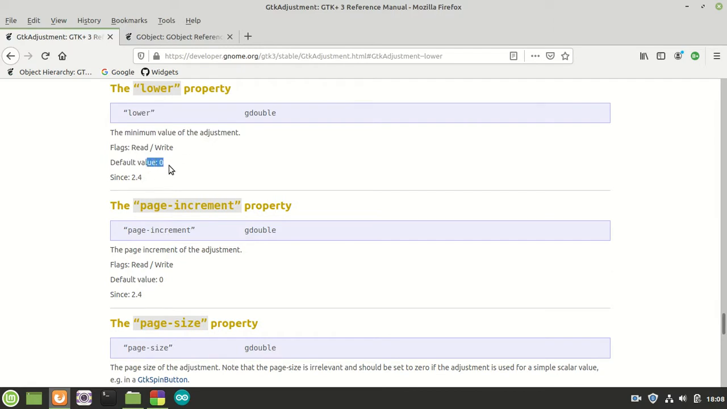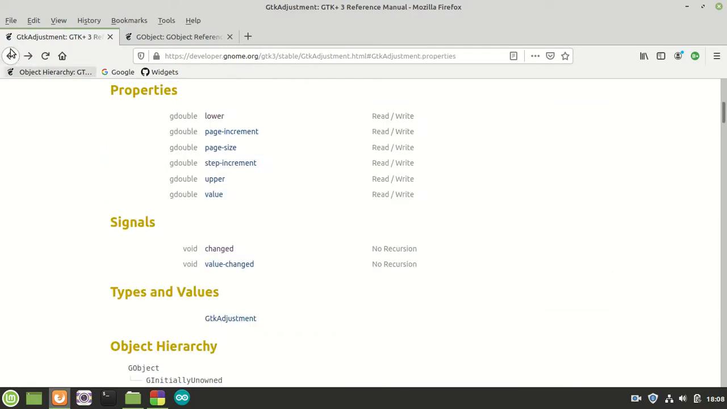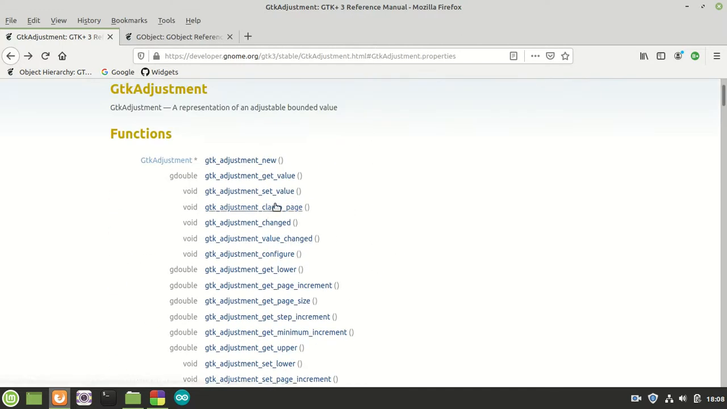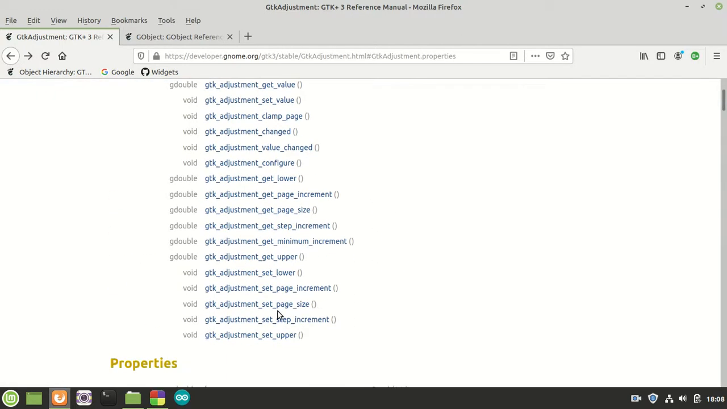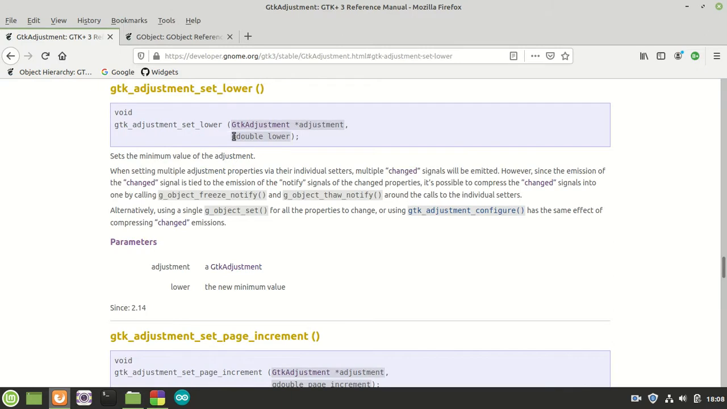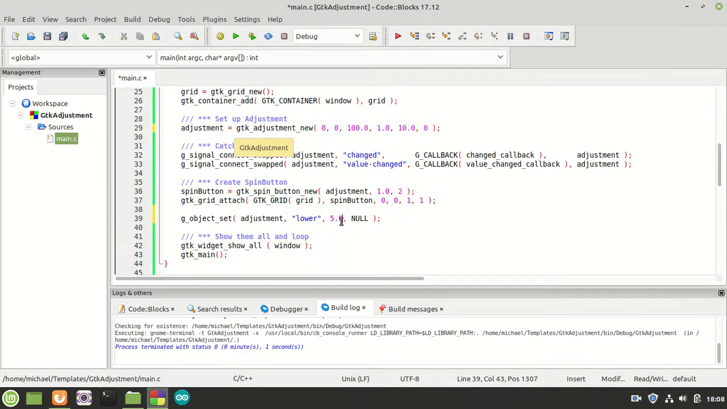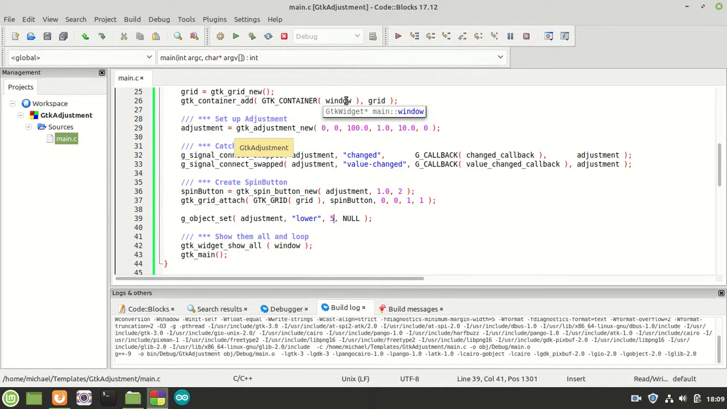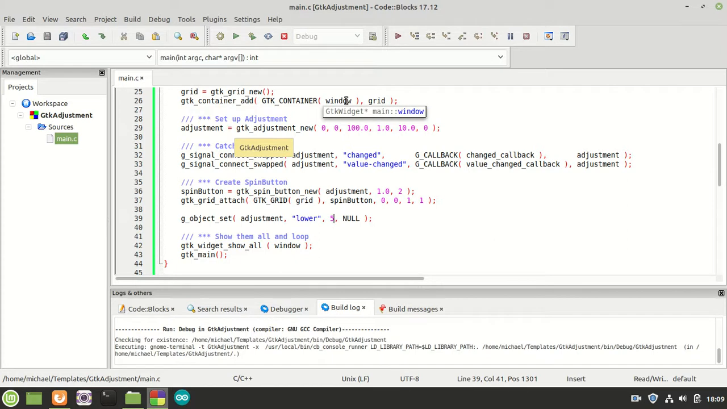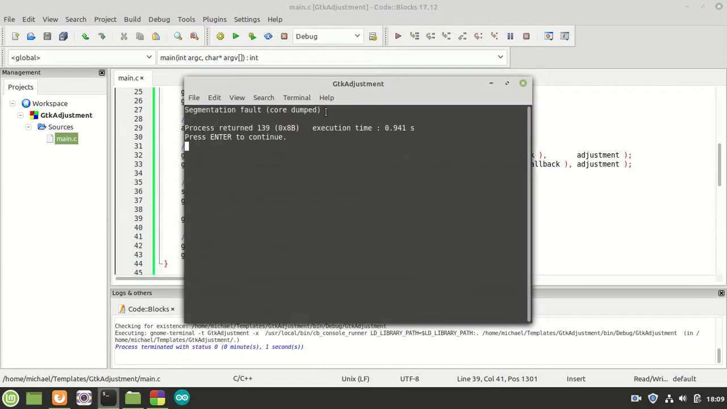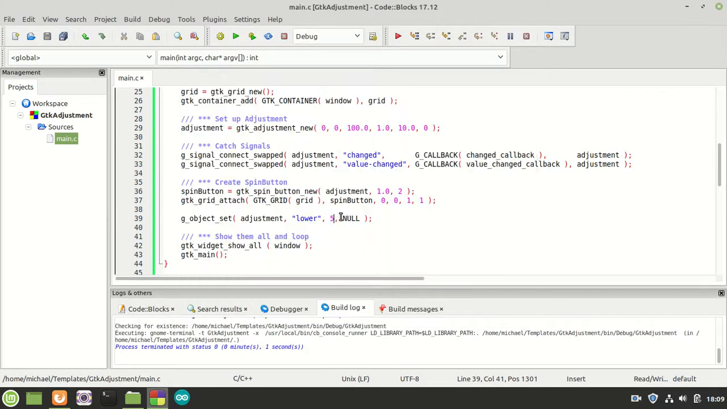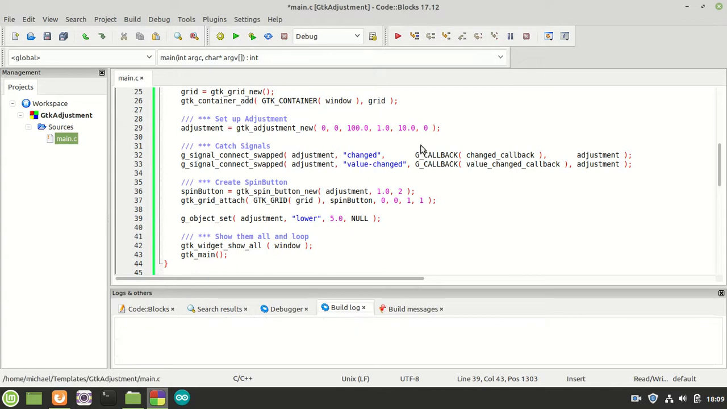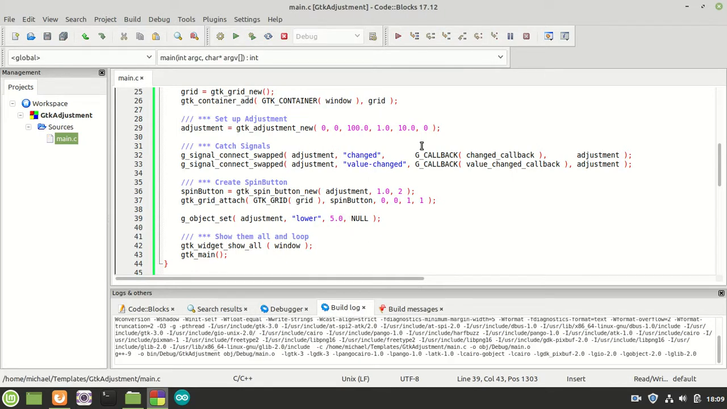Default value is 0. If we go back to the adjustment where we set the lower right here, it says gdouble. You see, it takes a double. So you need 5.0. If you use just 5, you get a segmentation fault, which you should know. It's wrong. You see, segmentation fault is bad. Okay, so 5.0. Now I'm going to compile it and run it, and as you can see, I was setting the lower adjustment,